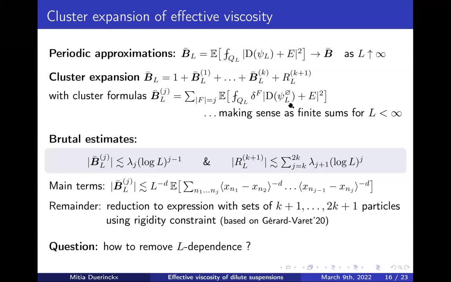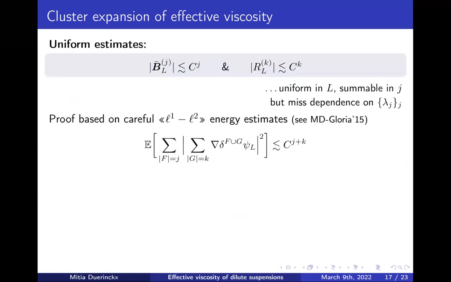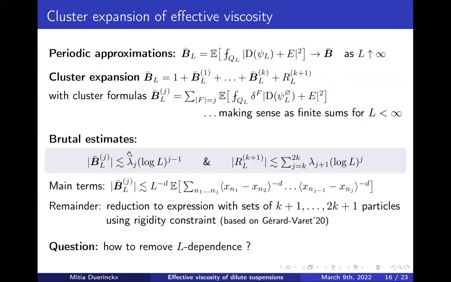So it's some kind of L2 based quantity, and it involves differences of correctors. And what I told you is that differences of correctors, you should view them as some kind of iteration of Calderon-Zygmund operators. Then because it's an L2 based quantity, you can believe me that there is some way to use just energy estimates. You just use energy estimates, and you are able to prove that the Jth term in the expansion is indeed uniformly bounded in L. So this can be done just by using energy estimates. But of course, you see that this bound is uniform, that's great, but it doesn't give you the correct scaling in lambdas. And this is in fact unavoidable because, as I told you, the lambdas are defined as the L infinity norm of the particle densities, while the B_J are like Calderon-Zygmund operators involving also